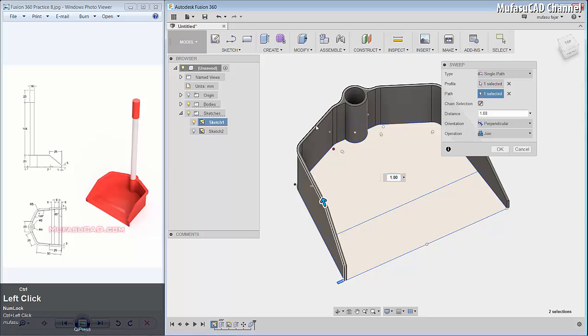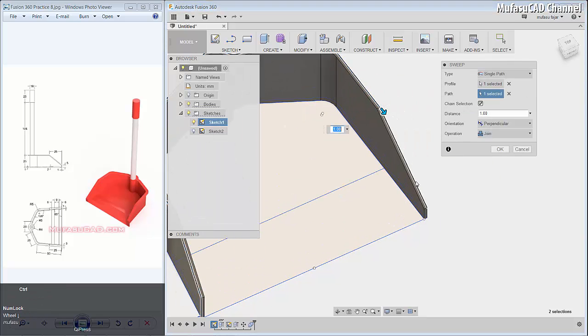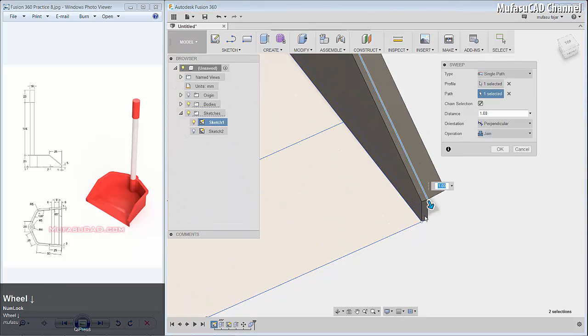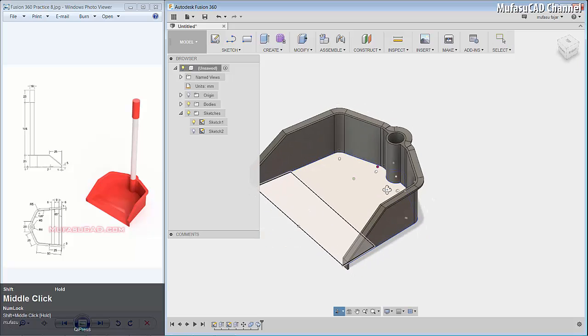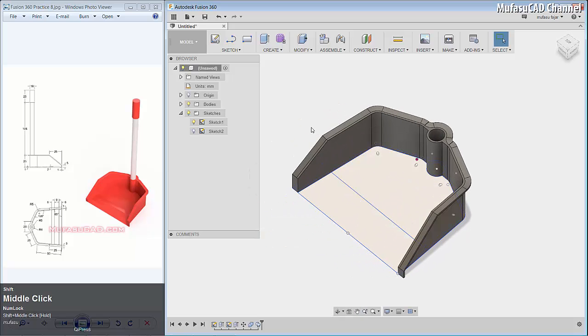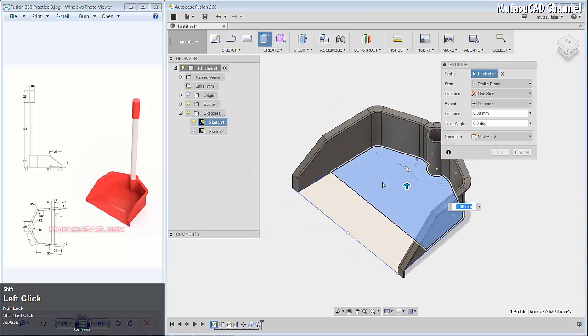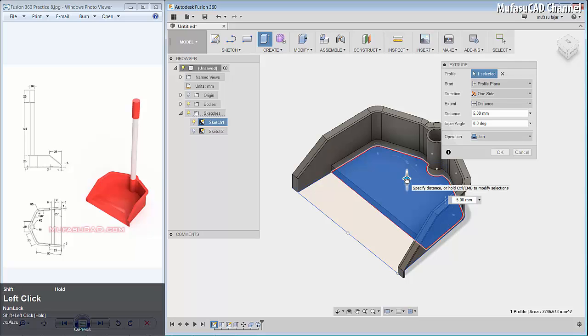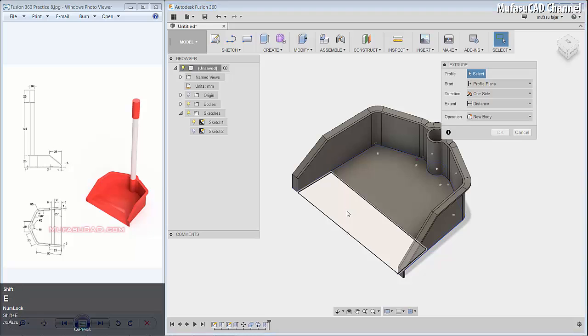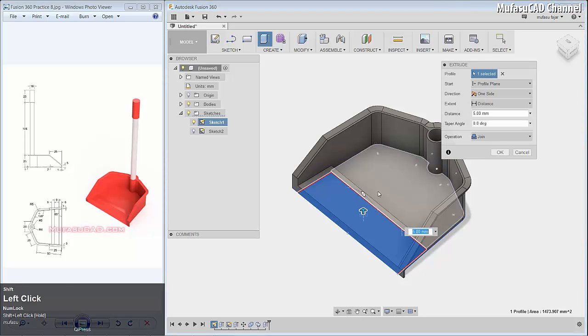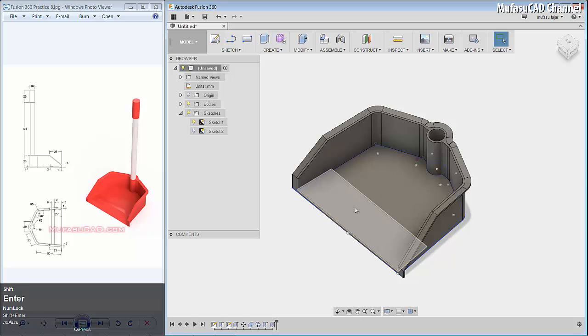We select this edge, and then lastly we select this edge, and OK to finish. You can see the result here. I will use the extrude command to extrude this face to the top here about 1, and extrude this face to the top here about 2, and OK.